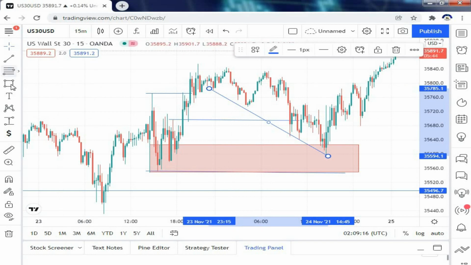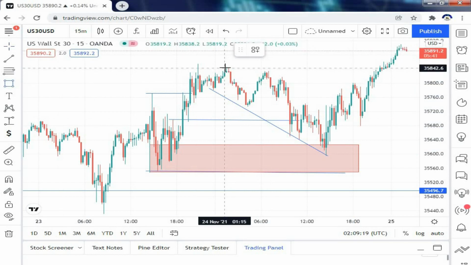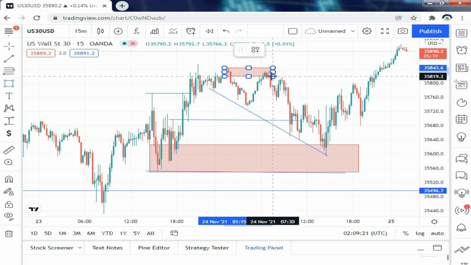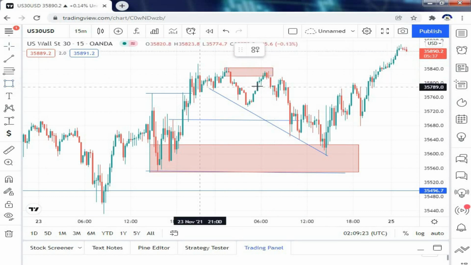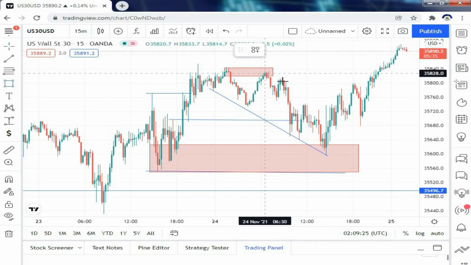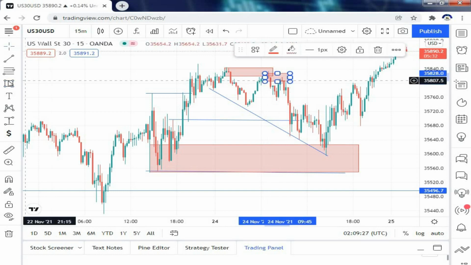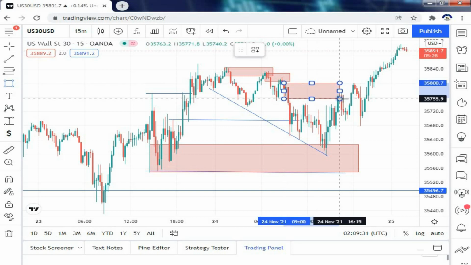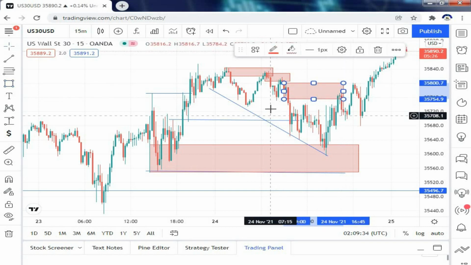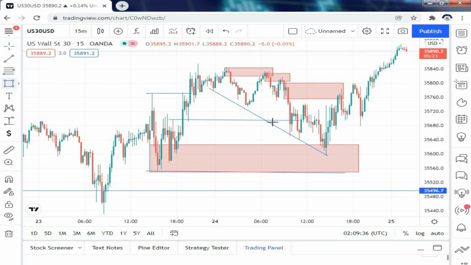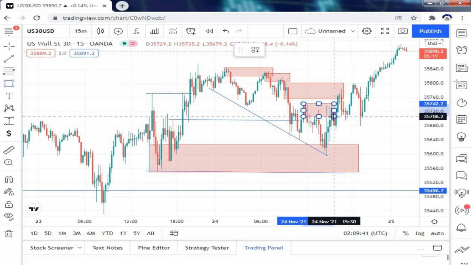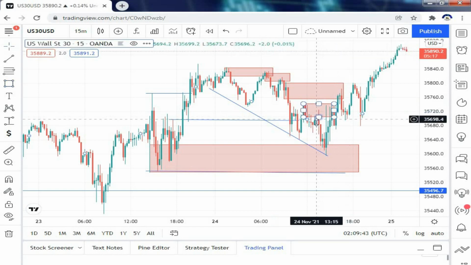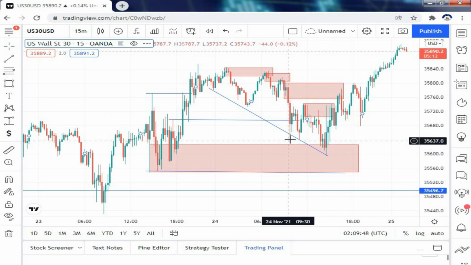And I know a lot of people who are not patient enough, they can take a sell here, take a sell around those zones, guys, another sell here, and some can even say this was the order block. They can even take this sell, and also this one. I saw a lot of people selling here yesterday, guys. A bunch of people were selling, but they do not know that